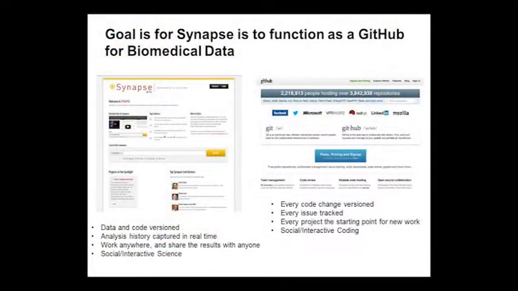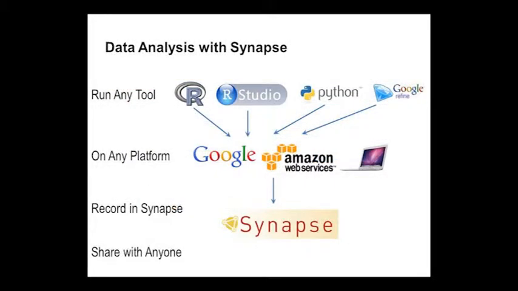And so we thought, let's build a GitHub for biomedical scientists. Let's have it so that you could go on, and when someone is developing a model, or they've curated data, or they've done something, you could get credit for it. The analysis history, the conditions were there, where you would then be potentially willing to share. And so we've built this system. Many of the people within our group worked at Google or Amazon. And you can run it on Bioconductor R, or RStudio, or Python, but it's all recorded in Synapse.